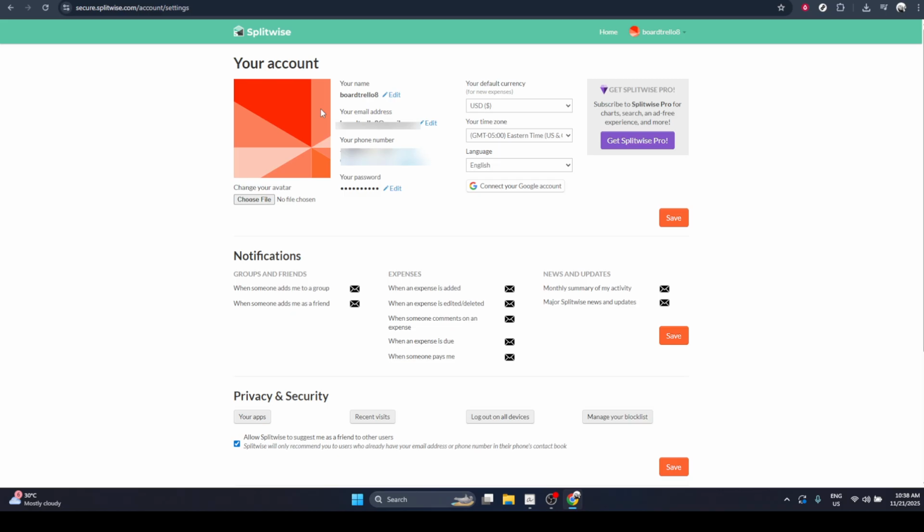Once you've selected the file, Splitwise will attach it to your profile settings. Depending on the site's layout at the time, you may need to confirm or save your changes. Look for a Save or Update button on the page and click it to finalize your new profile picture. After saving, your